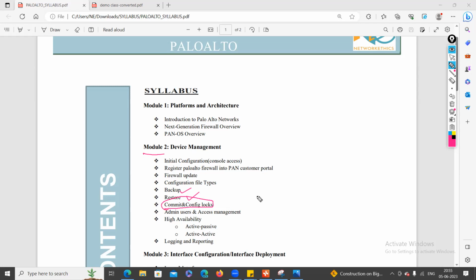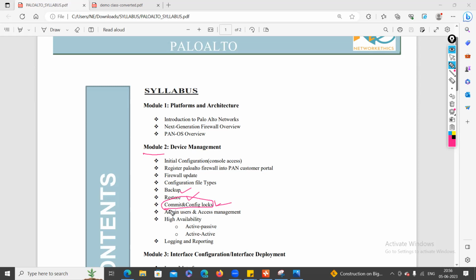In that case, you can use these two types of locks. When you are logged in to your Palo Alto console, if you don't want to allow others to configure or make changes and save them, you can use the options called commit lock and